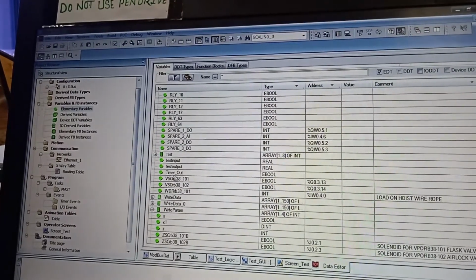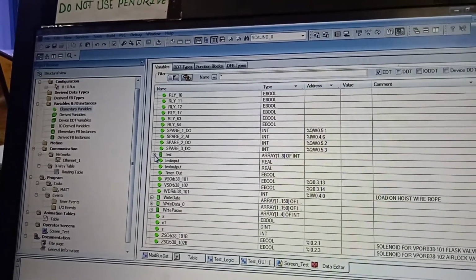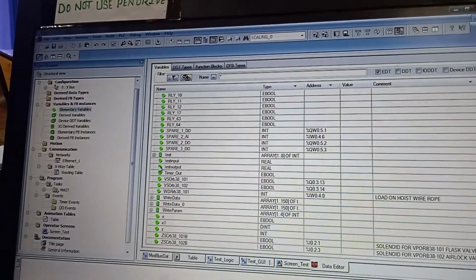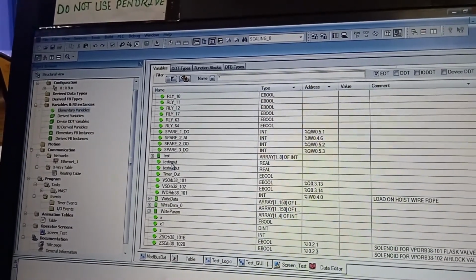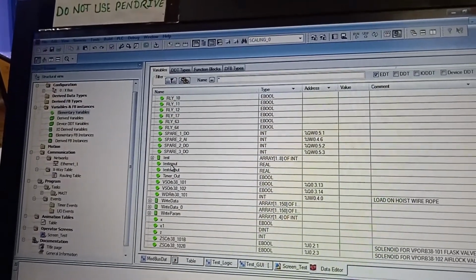scaling. So this is the test input and test output.